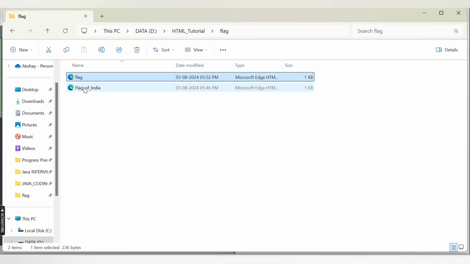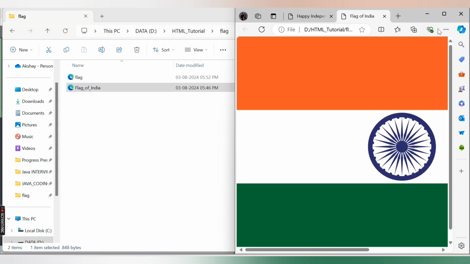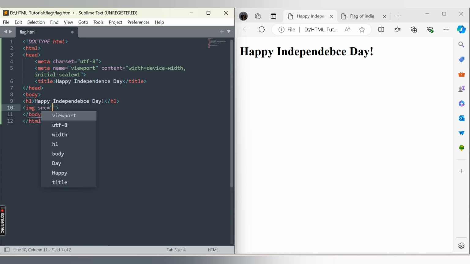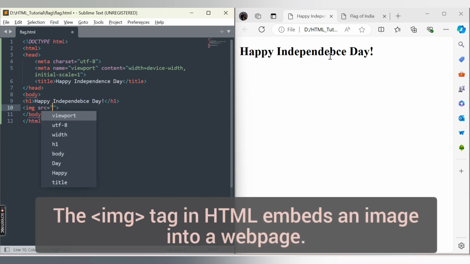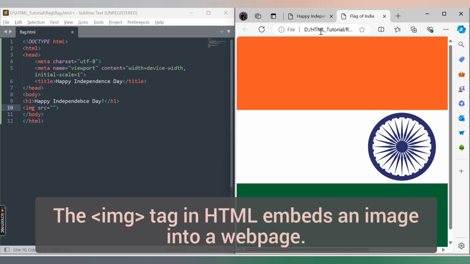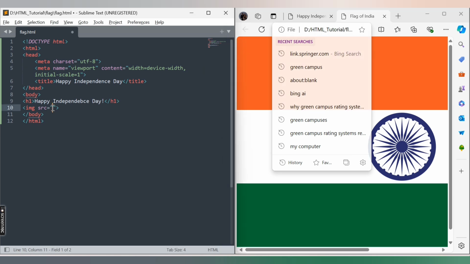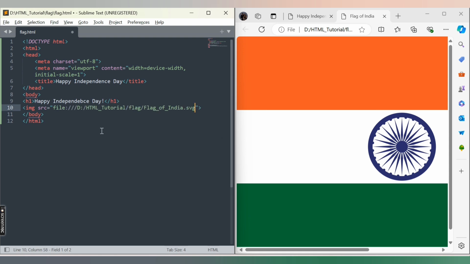Now let's open the image that I have already downloaded here. So this is the image here. Okay, so we need to add this image into our HTML page. Now let's write the code for that. I will say here image. Now we need to provide a source. So source is basically the path where this particular image is stored. So this is the path here. So we can copy the path from here. Also you can get the path from the properties, right? So if I paste it here